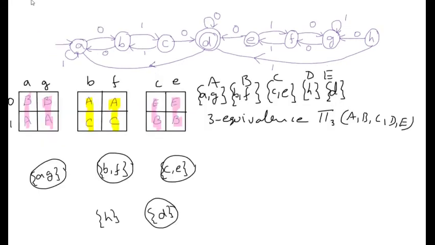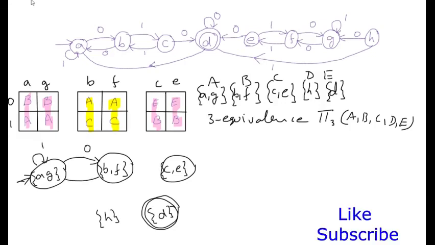Now we can construct the minimized DFA with the combined states. In the given DFA, A is a starting state, so that we have to make it as a starting state, and D is the final state, so that this is the final state in the minimized DFA. A on 0 it is moving to the state B, so we need to write this transition. A on 1 it is moving to the self state, so the transition is this, and B on 0 it is moving to A, so the transition is like this. B on 1 it is moving to the state C, so the transition is this one.